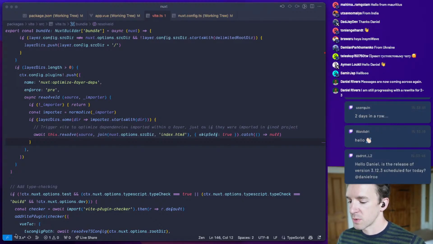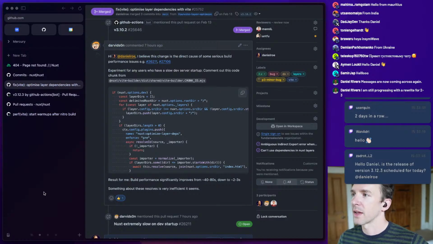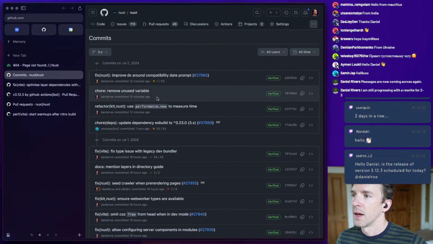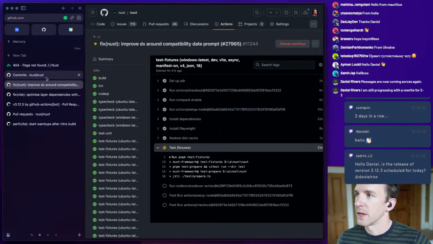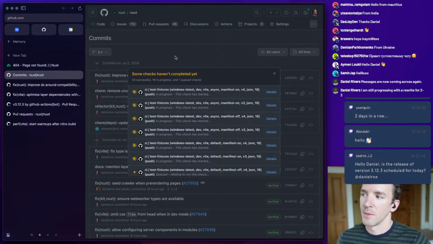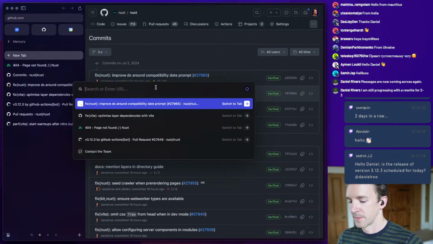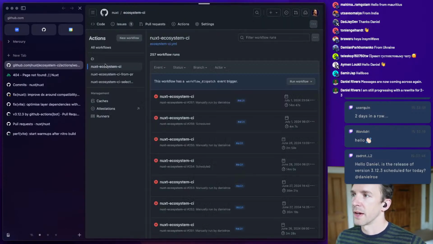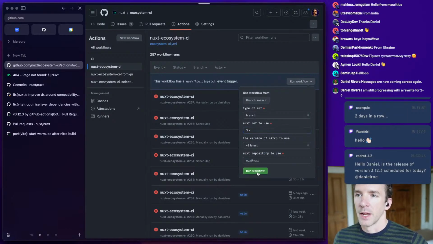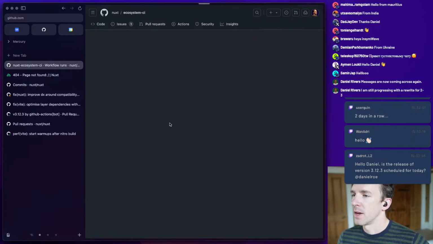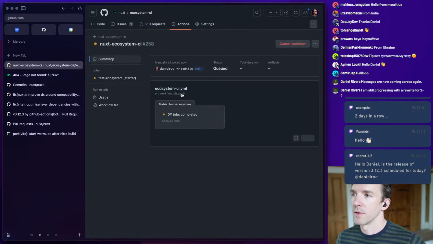Yes, the release of version 3.12.3 is scheduled for today. In fact, I think I can actually just do that now. Just waiting for this test to finish. So this CI is the thing we're waiting for, and it should be good. That's it. Oh, and I'll also run an ecosystem CI just to confirm. I'm expecting one failure. I've had a little bit of weirdness with i18n, but I don't think it's a bug in Nuxt, as in it occurs with the current version as well, not just the new one.